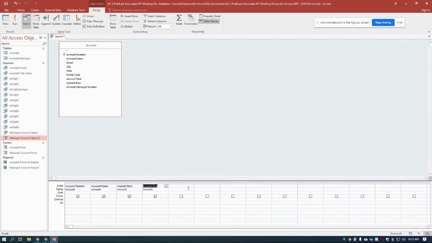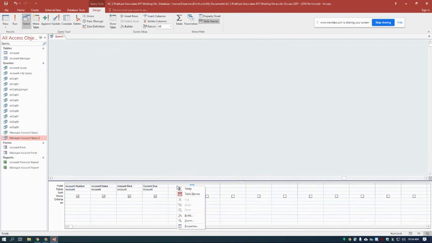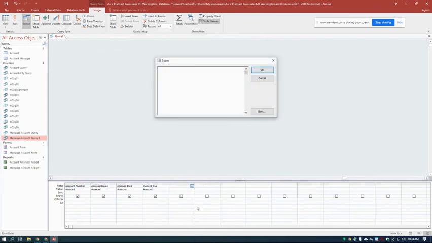So what we have to do is we go to the next blank column, and we're going to click on Zoom. So click here. No, I don't do this very often. Right click on it and zoom. I know you want to hit that calculation, but really you need to hit the zoom button. So we right click to do that, and then we have to type our formula. It's not like in Excel where we can click around. So our formula is going to be total